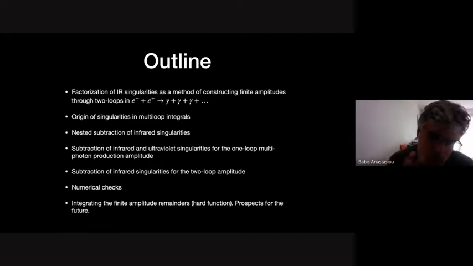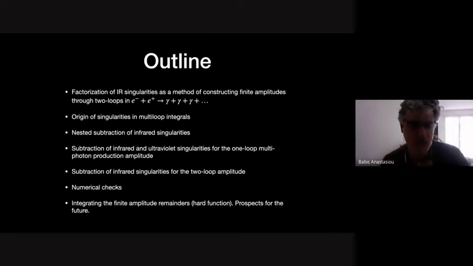So what I will talk to you about will be on this process, but I will try to see whether some things can be generalized or not. I will discuss the origin of the singularities in these multi-loop integrals, and then I will discuss how they can be removed according to factorization theorems. Then explicitly, I will show how this works at one loop, and then at two loops. And then I will give you some prospects for the future, whether in the end we can take this technique into a practical machinery for calculations.